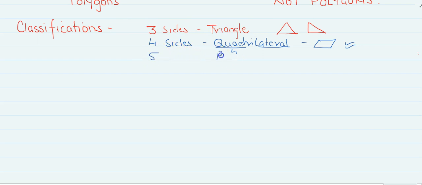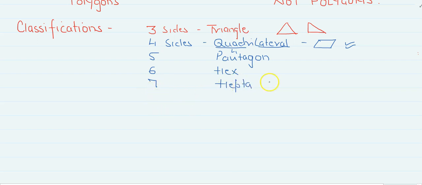A 5-sided figure is called a pentagon. You must know there's a building in America, the head office of the defense. It's a 5-sided figure, it's called the Pentagon. 6-sided is a hexagon, 7-sided is a heptagon,